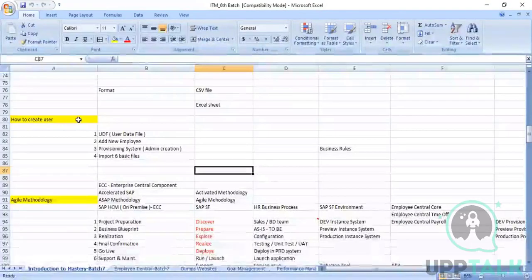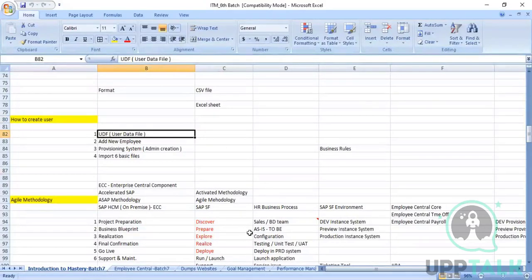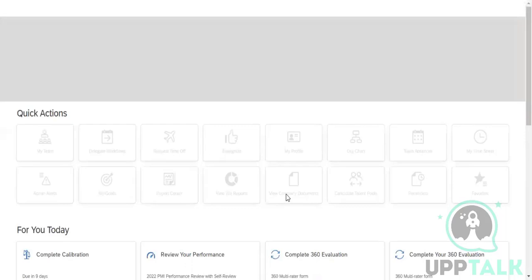So today we will be seeing how to create a user. That is the first method, UDF. I will take you directly into the system. We'll log in here, go into the home page, and for creating the user we need to download the template. So for downloading the template, what we need to do,